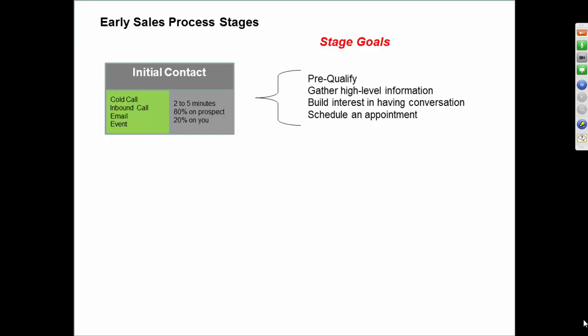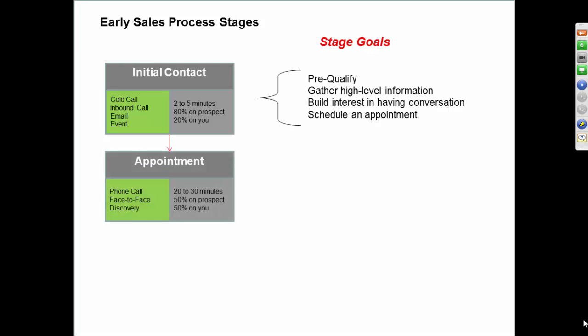When you get to that 20% of time where you talk about you, this is where you build interest, not in getting them to buy the product, but getting interest on their side to continue having a conversation with you. And you might schedule an appointment, which is the next step in our process. You may say, well, I don't really go on appointments because I have a very simple product. An appointment could be just continuing the conversation at that same time, or could be a quick phone call. It could be you sending over information, but it's the next step.